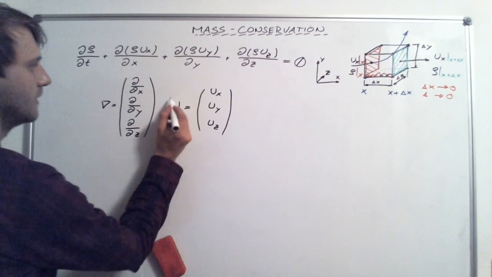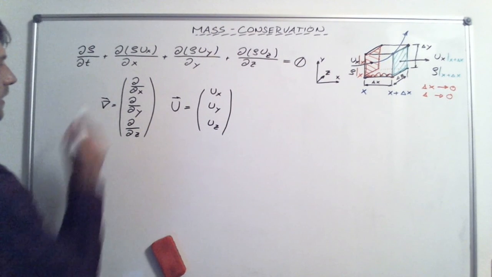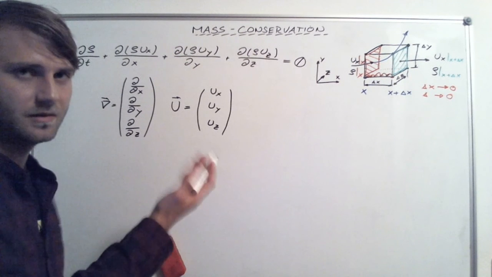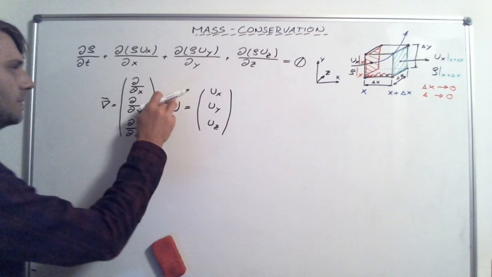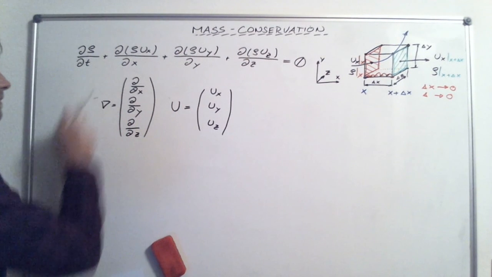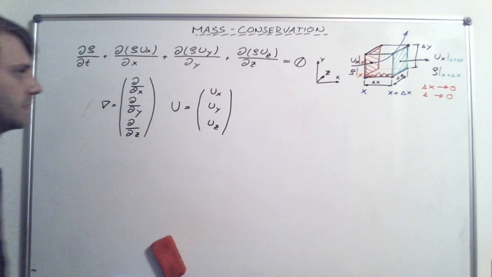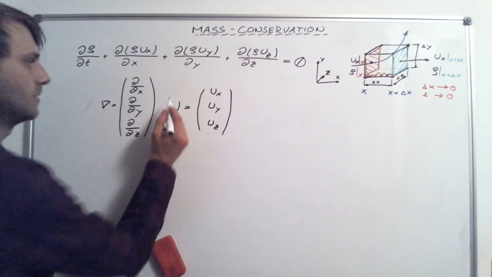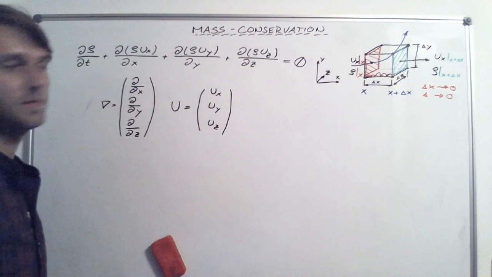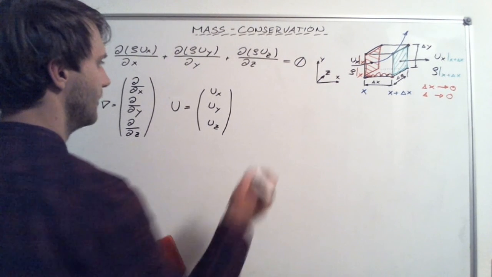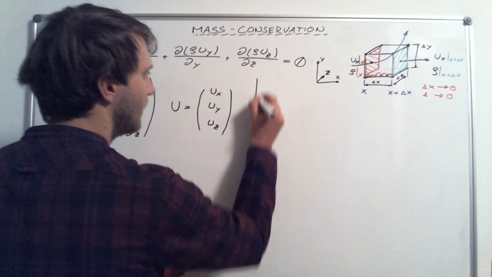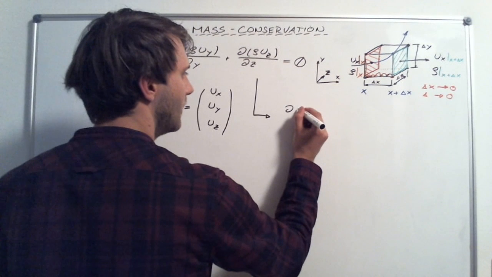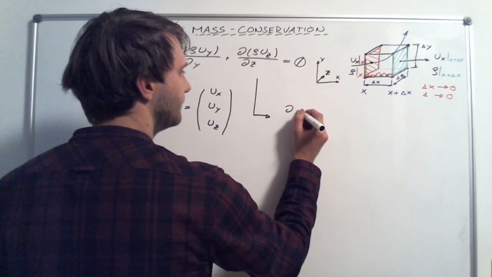People also write the vector signs here, but if we are talking about fluid dynamics, it's clear that it's a vector, and it's clear which components it contains. In a mathematical point of view we should write it, but in fluid dynamics, it's clear. And then we can rewrite this equation into a vector form, and this is simply